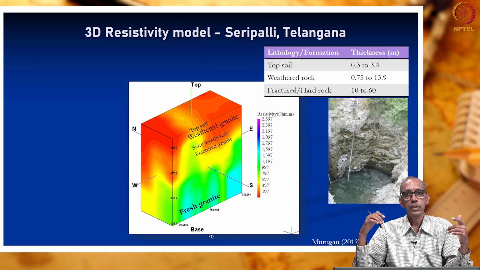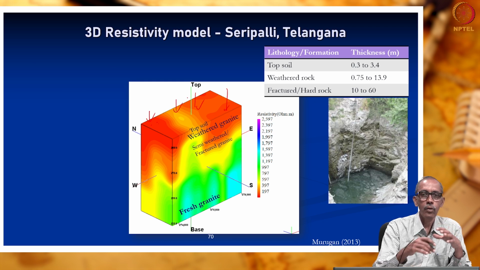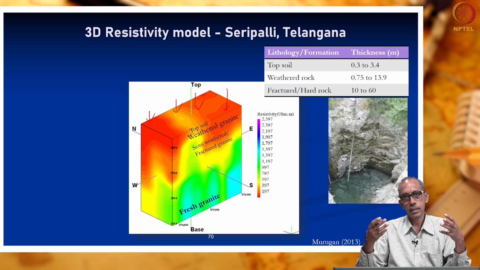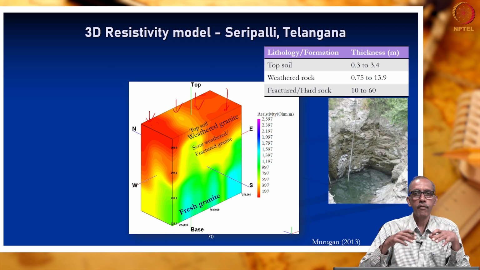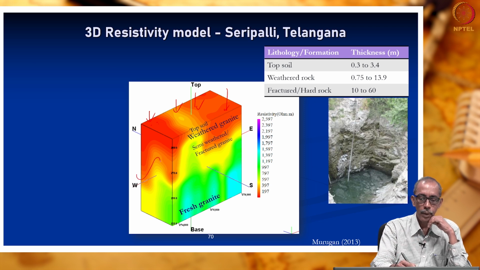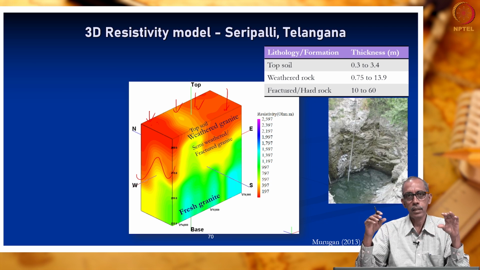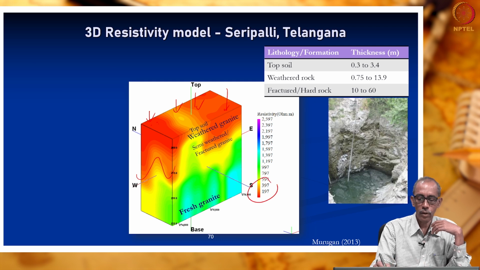Then making use of the survey we conducted at different locations over this profile, right, we could derive the three-dimensional subsurface resistivity diagram. Using some standard interpolation software, we have created the subsurface image. As you see here, the topmost, the red part, is completely weathered soil. That means weathered rock turned into soil, where the resistivity is very low.